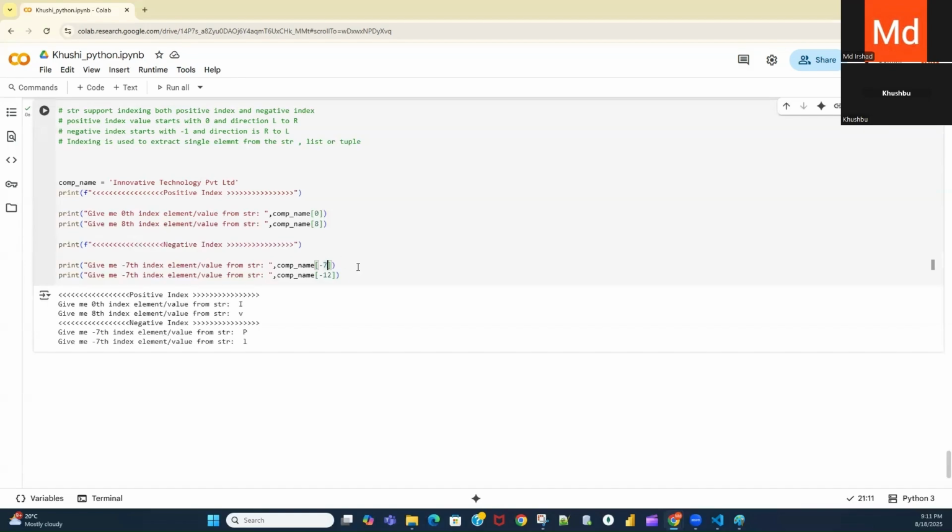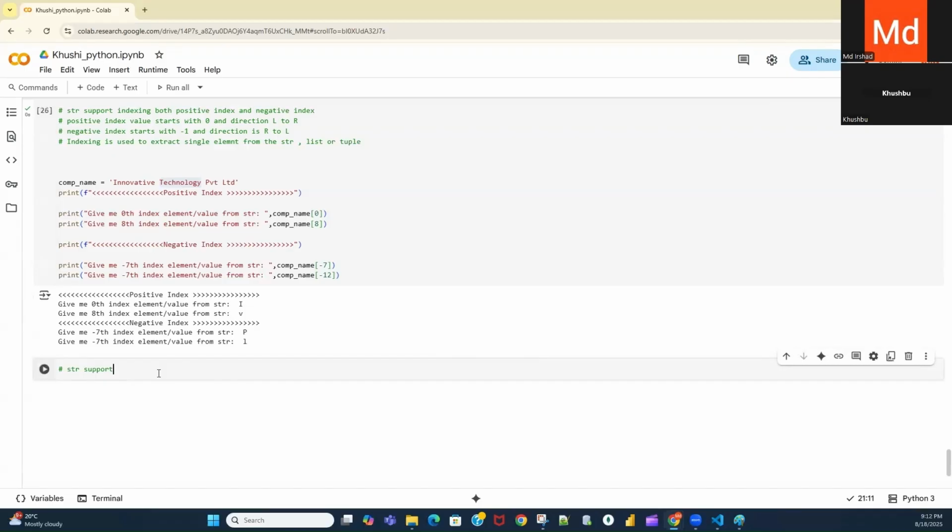Now you will ask, okay, we can fetch a single character, but what if you want to fetch a subset of this string? Subset means if I want to fetch multiple characters, or let's say if I want to fetch from T to Y, this technology. How can we do that? By using single indexing, we can't do that. For that, there is a concept called the slicing operator.